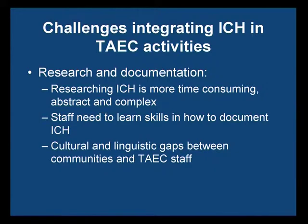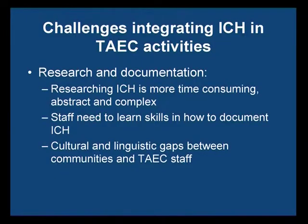When we talk about research and documentation, like many of us mentioned, going into research is very time consuming and very complex, and human resources are really a real constraint. Most museums might not have people with an anthropology background or any sort of background. There might be archaeologists or museum studies, but maybe they have never really had to work with living cultures or work with people so much. And particularly in countries in which you have to work across different languages, that obviously brings